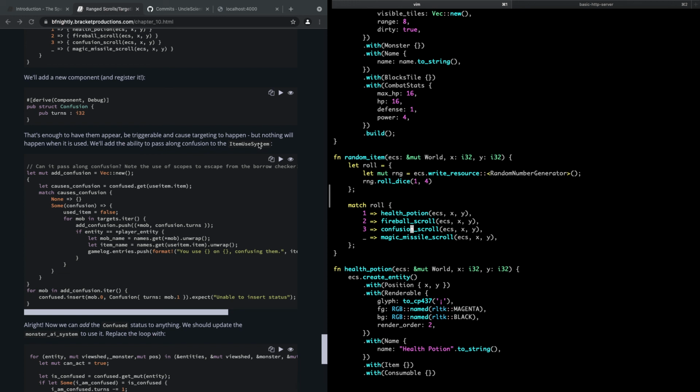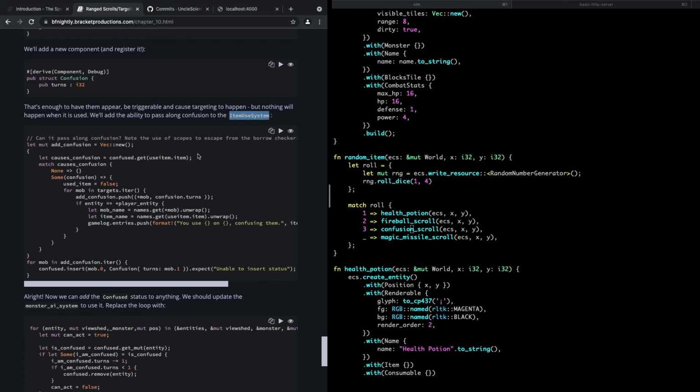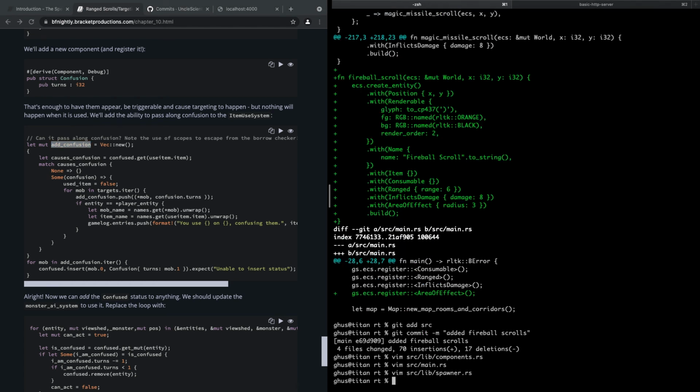So then in the item use system, we're going to add confusion to a mob. Add confusion. That must be something new. Oh yeah, down here. Add confusion is a new vec. Okay. So over here,